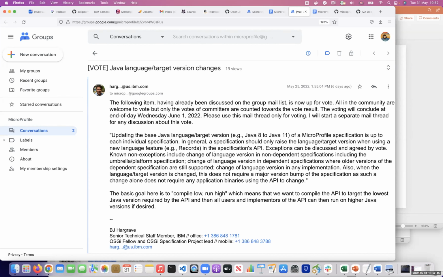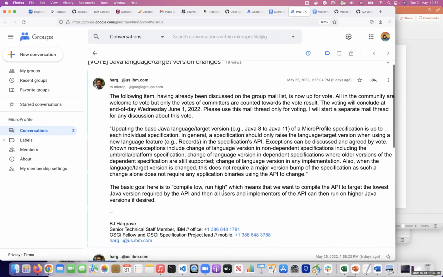This leaves room for us to use new Java features if they make sense. If we want to innovate and use records in the API of a MicroProfile spec, and that makes sense, then we should certainly do it, and we'll raise the version of that spec to reflect the use of the Java language feature. But other parts of the MicroProfile specification family don't necessarily need to increase their Java version just because some downstream one did. So it's basically about compile low, run high.